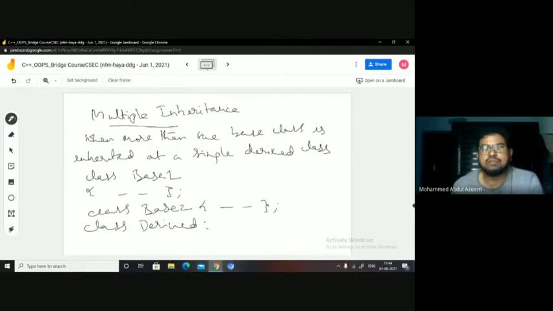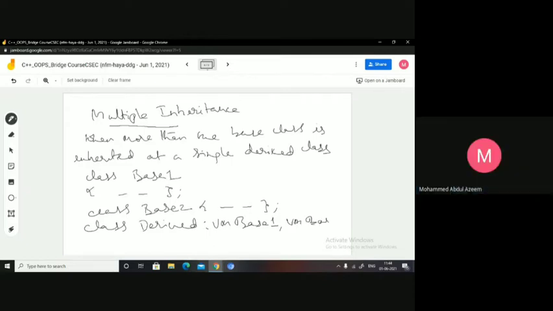Derive colon visibility mode base 1, comma, visibility mode base 2, right?